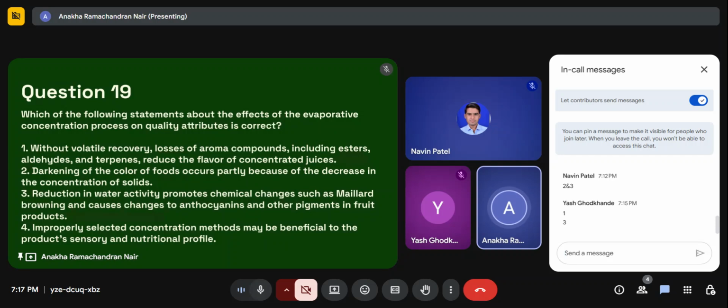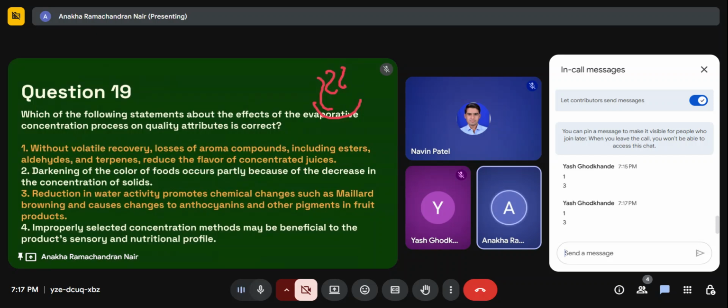Alright, I'm not seeing any answers, so let's go and see. The flavor of the juice depends on the compounds, right? And many of those compounds can be, like we were talking, thermally labile. So when you heat them, they will get evaporated, and since these compounds have gotten evaporated, it might change the flavor profile of the juice that you were concentrating,